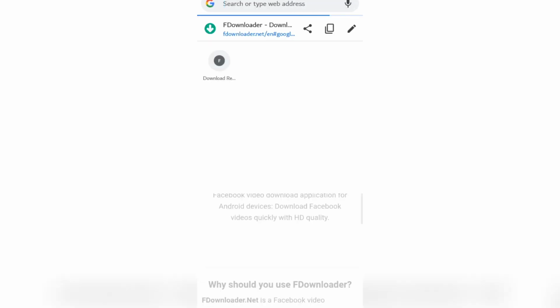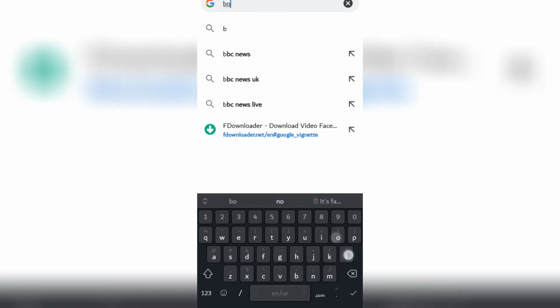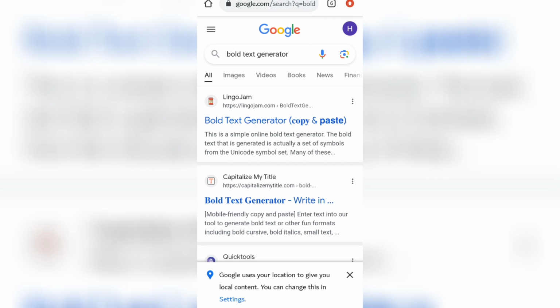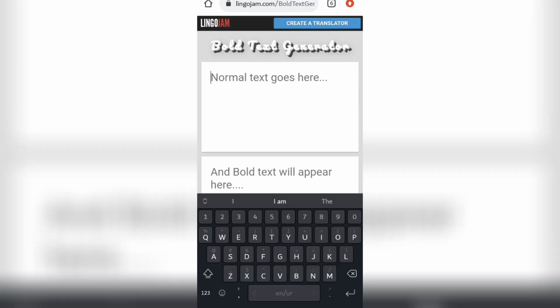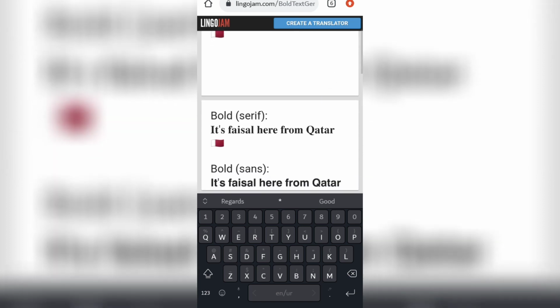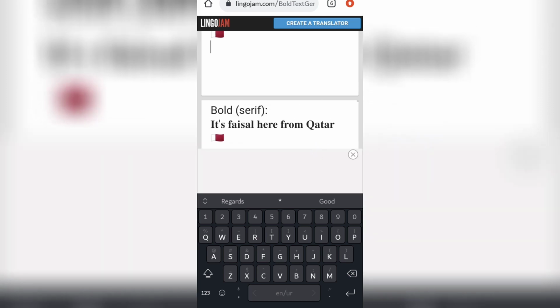search the bold text right here, and here you can see bold text generator. Tap on bold text. Now paste your copied text here, and here you can see its bold version. Now copy that text,